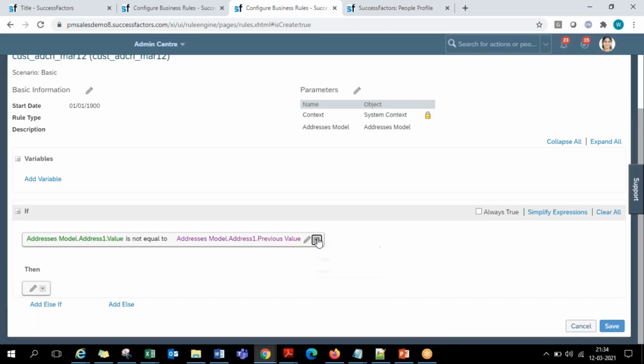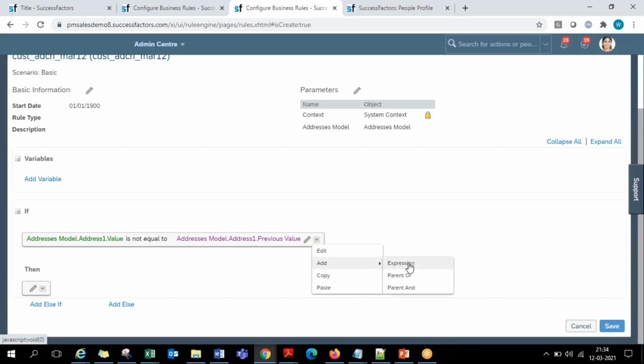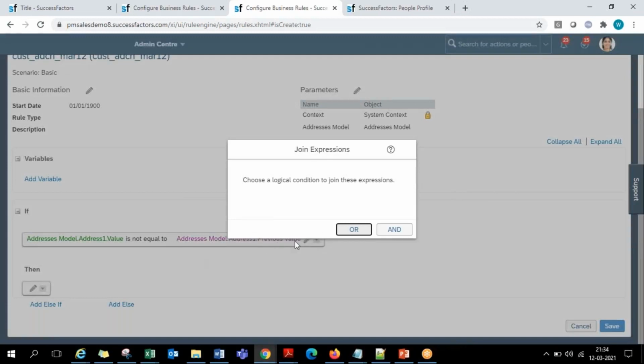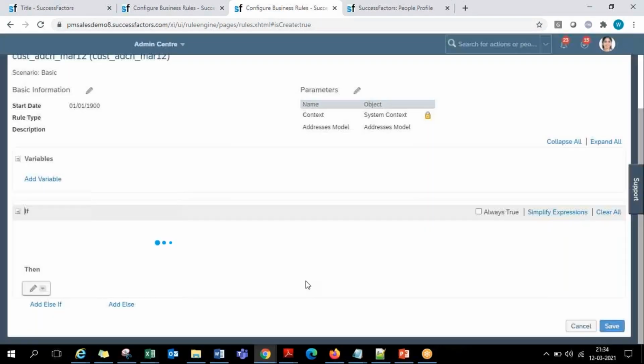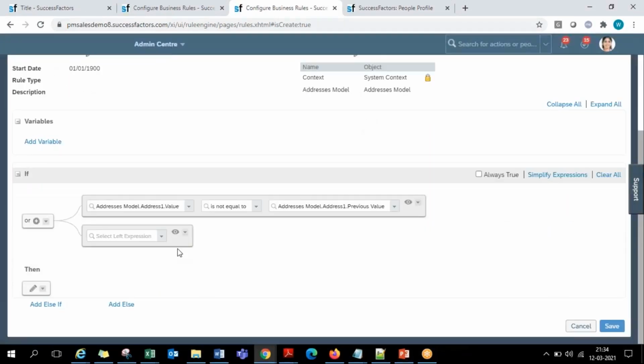I'll add one more expression. If, let's say, the requirement is date specific, like until 31st of December, other scenarios and requirements we'll discuss at a later point. Let me complete one rule first, otherwise everybody will be confused. This is the very first rule in this session, so let us have a complete round of it.